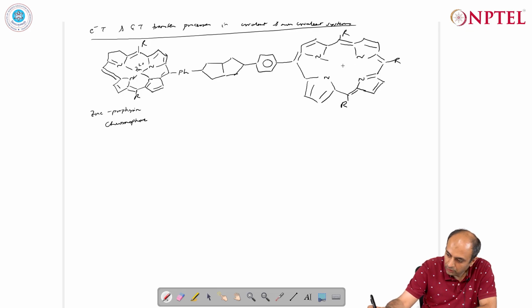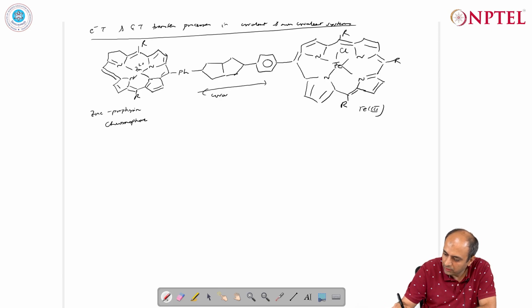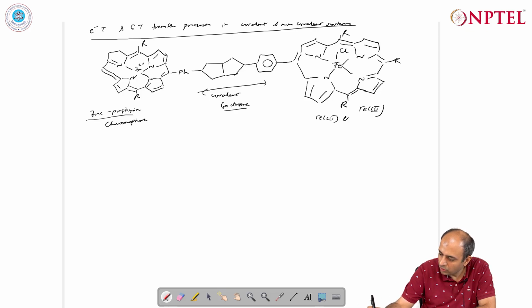So we have this one, this one, this one, and this one. This is the iron chloro bond. Okay. So this is iron in the 3 oxidation state, and we can now compare it with, so this is a covalent backbone, this is connected by a covalent backbone, the 2 chromophores, this is a zinc porphyrin and this is the iron 3 chromophore,